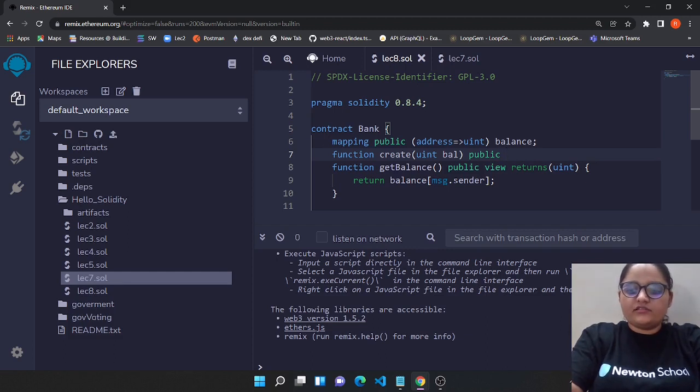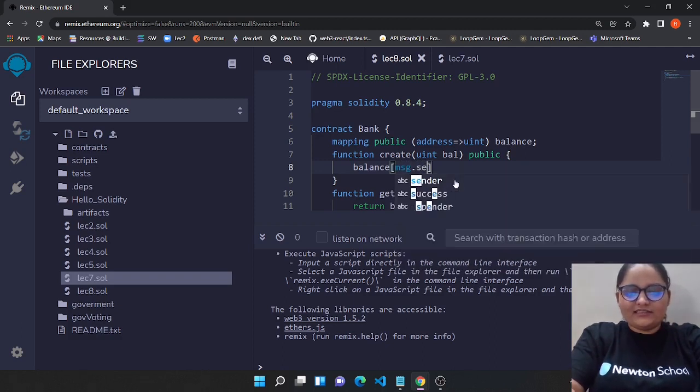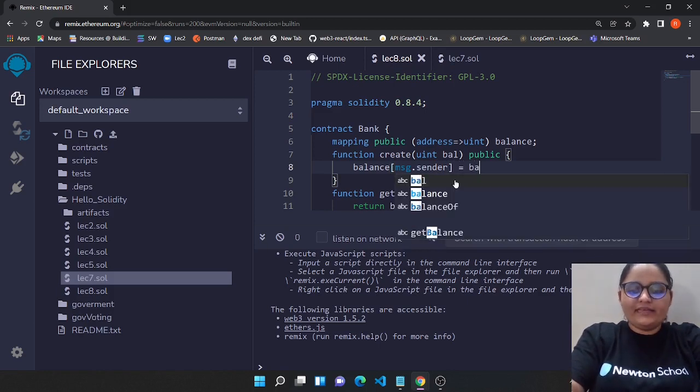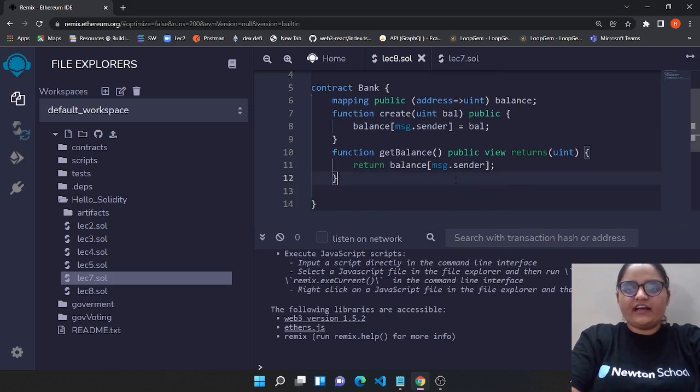It will also not be returning something, it will just be setting up a balance. So we will say your balance of msg.sender would be equal to bal. So that's it. We have two options right now: one is to create a balance account, and the second is to check the balance of that account.